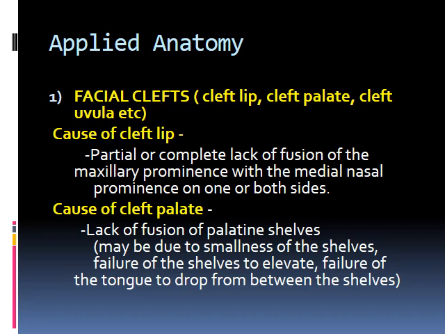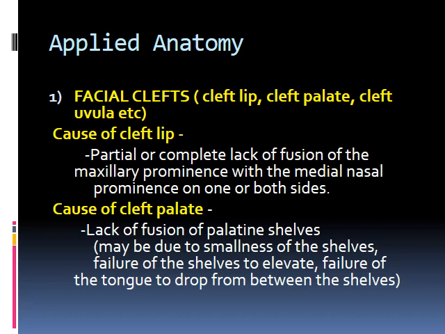So you know how the upper lip is formed. Philtrum is in the middle, which is formed by the medial nasal process, and from either side the maxillary process will come and fuse with the philtrum. This is how the upper lip is formed. So if any one of them fail to fuse with one another, it will result in the formation of cleft